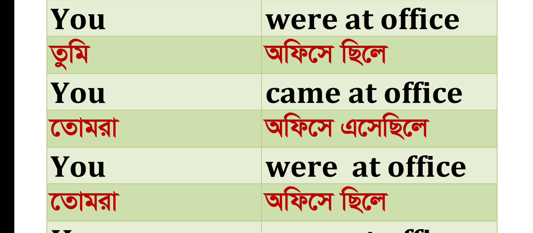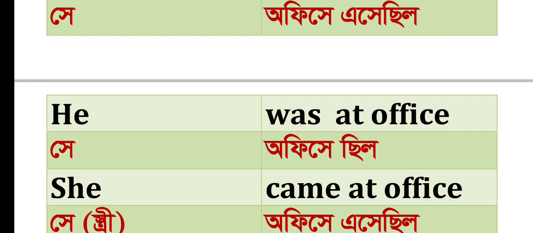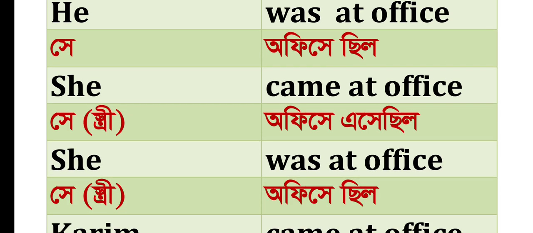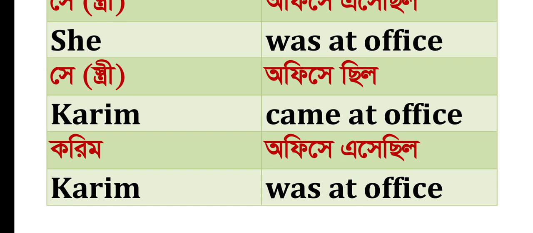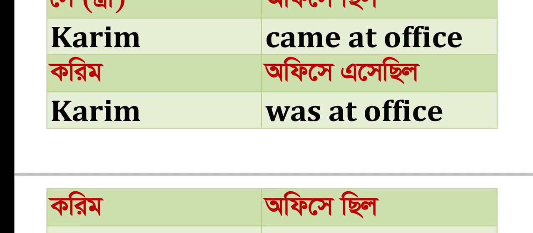She played in the field সে মাঠে খেলেছিল, she was in the field সে মাঠে ছিল, she came in the field সে মাঠে এসেছিল, Karim came in the field করিম মাঠে এসেছে, Karim played in the field করিম মাঠে খেলেছিল, Karim was in the field করিম মাঠে ছিল।